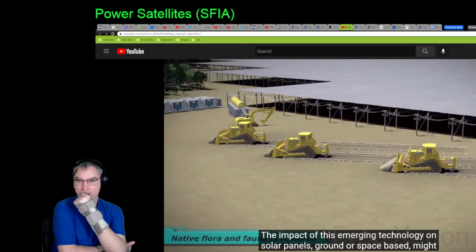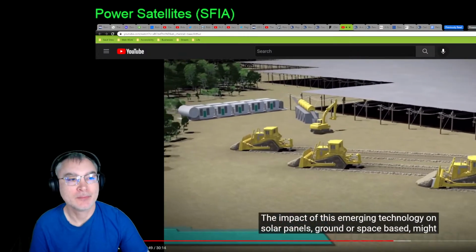The impact of this emerging technology on solar panels, ground or space-based,